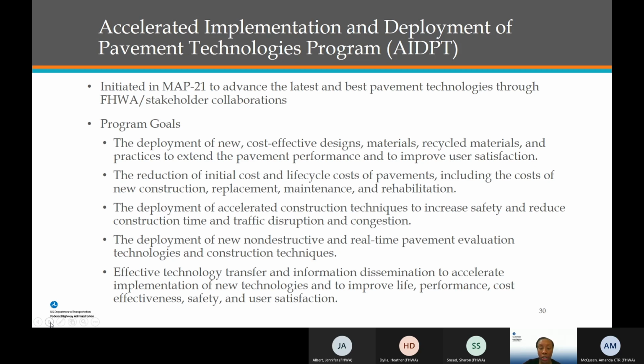Everything from materials, recycled materials, life cycle cost of pavements, looking at construction, maintenance, rehab, also safety and how it impacts safety, non-destructive technologies, and again, really how can we optimize the performance of pavements through implementation and deployment of pavement technologies.